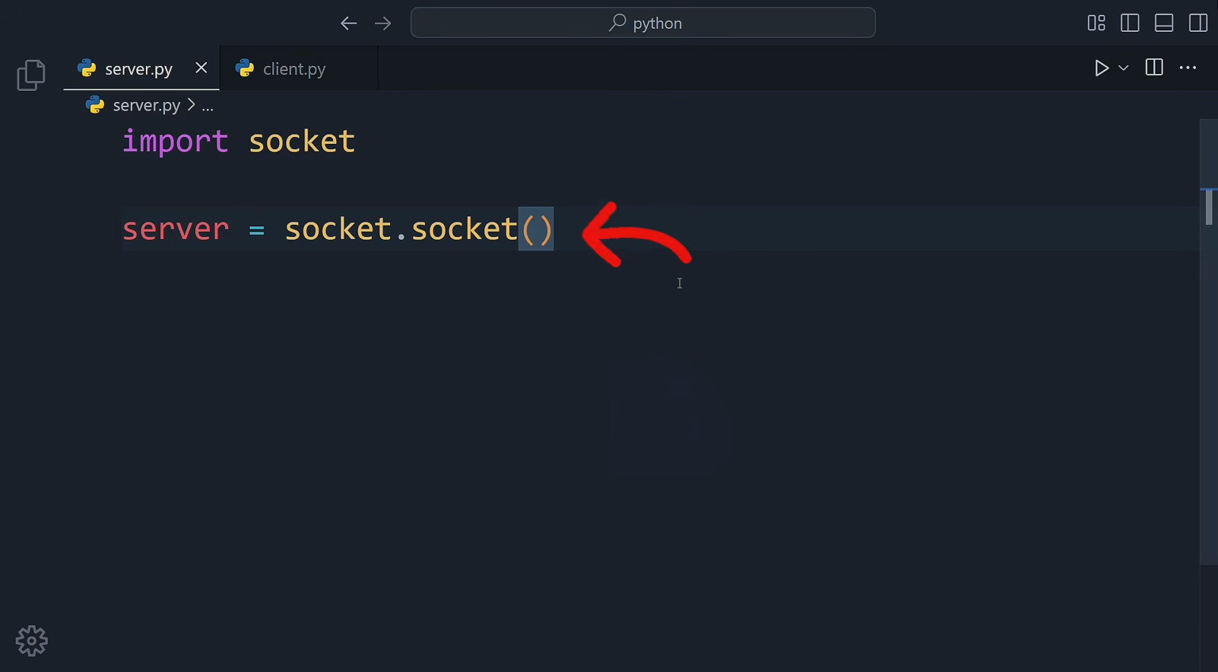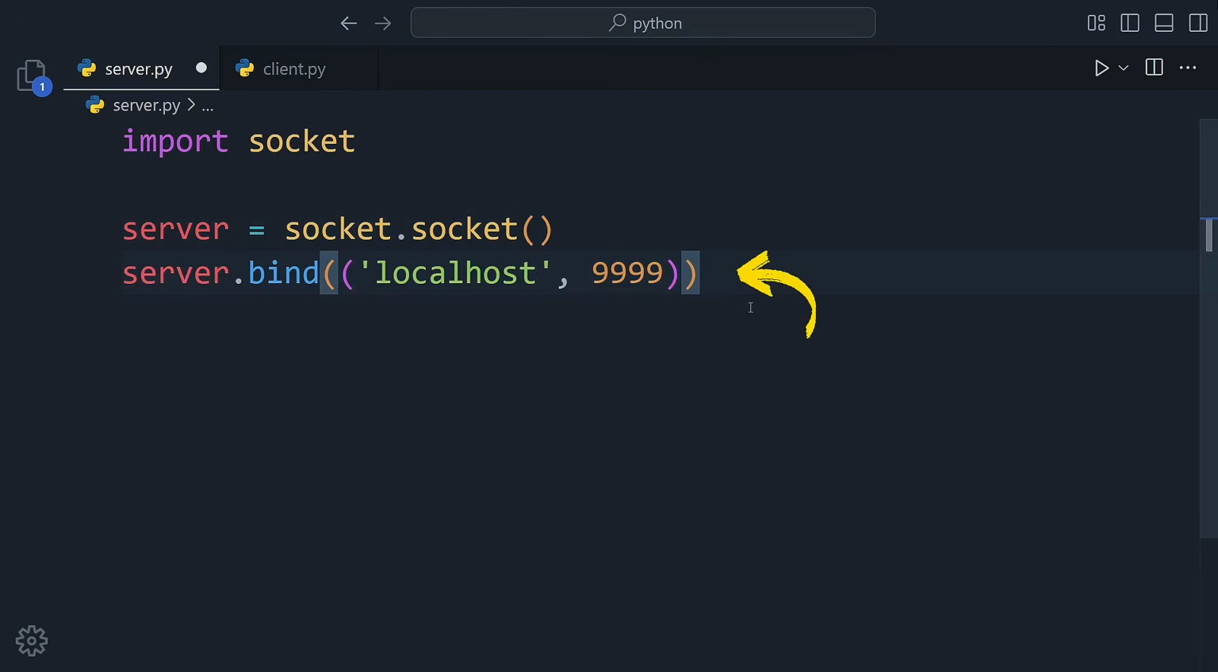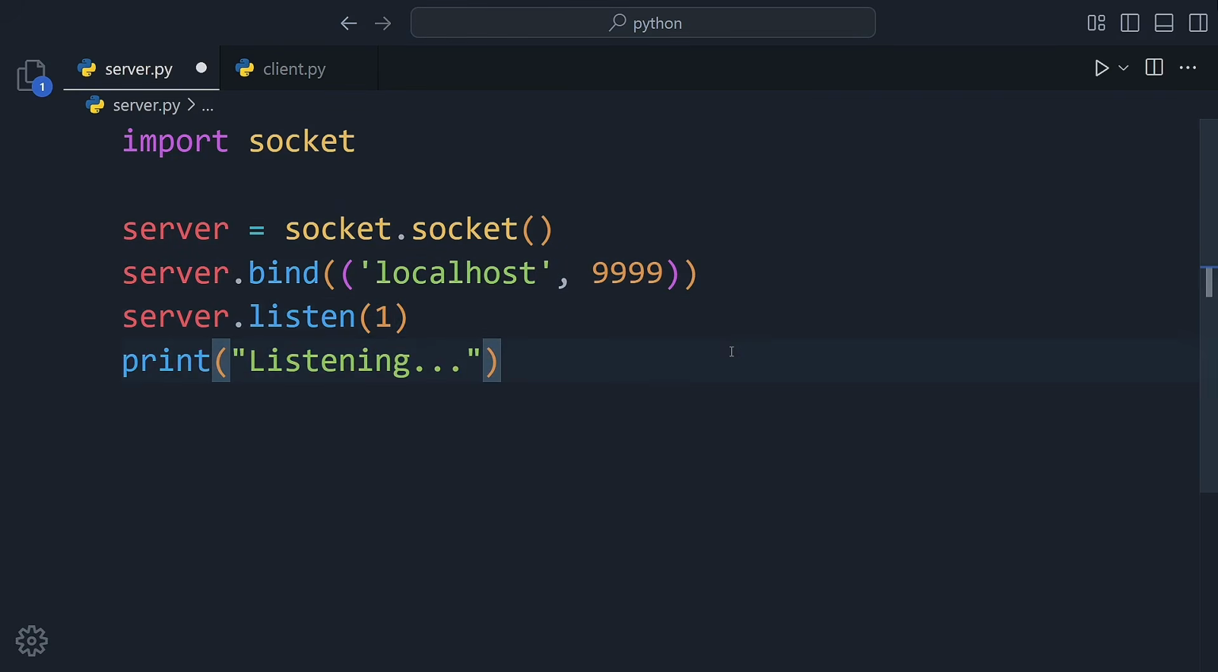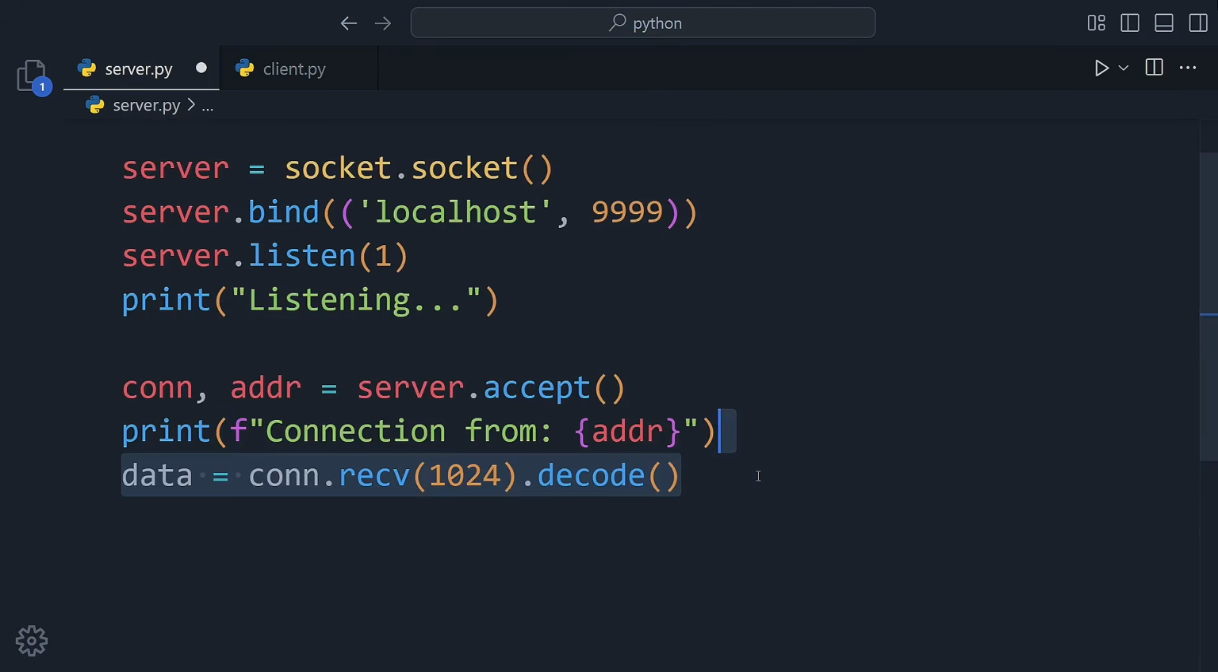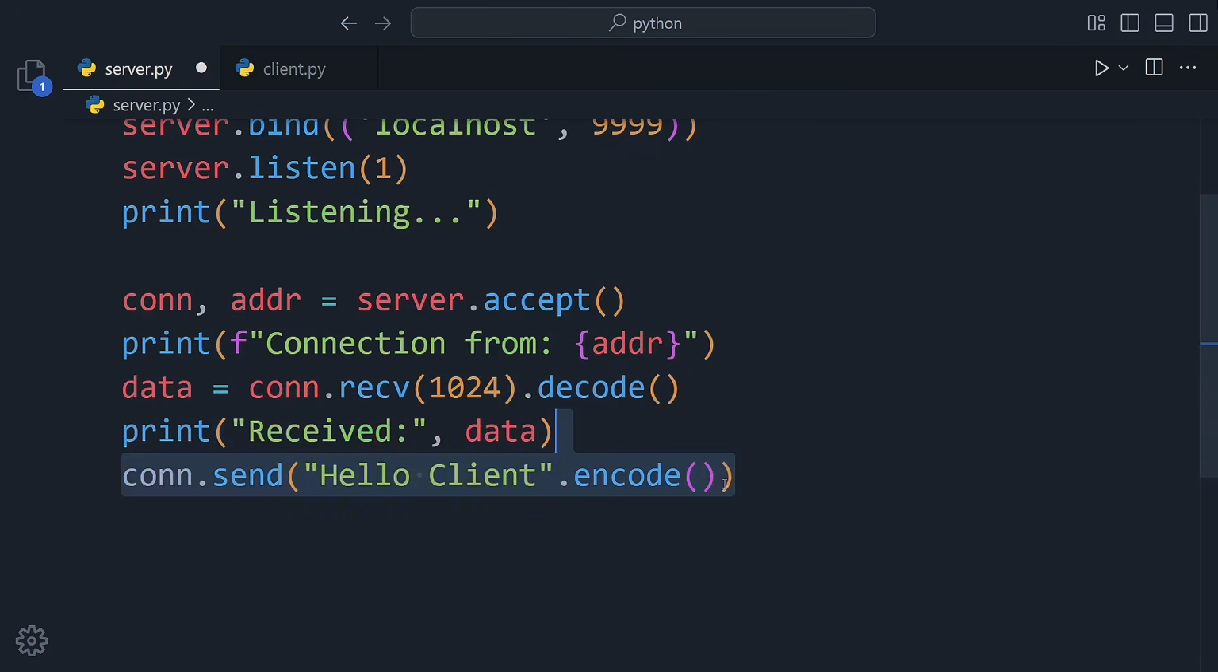On the server side, we create a socket, bind it to localhost on port 99999, and use listen to wait for incoming connections. The crucial method here is accept, which pauses the server until a client connects, then returns both the connection object and the client's address. We use recv to receive data from the client, decode it, print it on the screen, and then send a